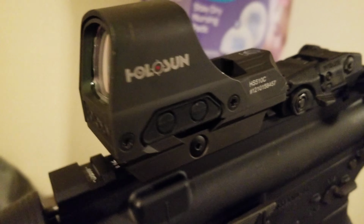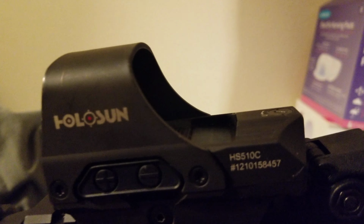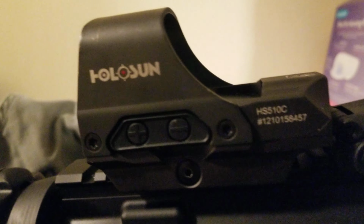I have put a large amount of rounds through this optic so far. No issues. No issues holding zero. Super easy to zero in. I have it co-witnessed with my Magpul MBUS sights. Like I said, I would recommend this optic,